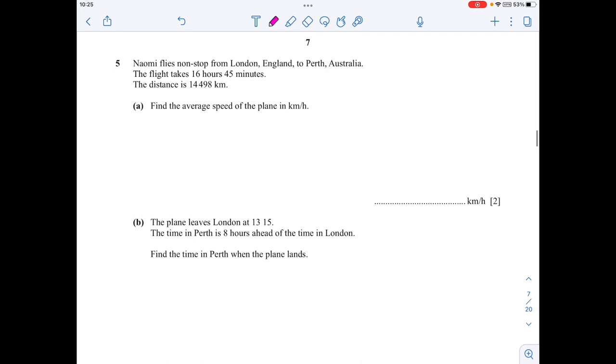Now coming to question number 5. Naomi flies non-stop from London, England to Perth, Australia. The flight takes 16 hours 45 minutes. The distance is 14,498 kilometers. Find the average speed of the plane